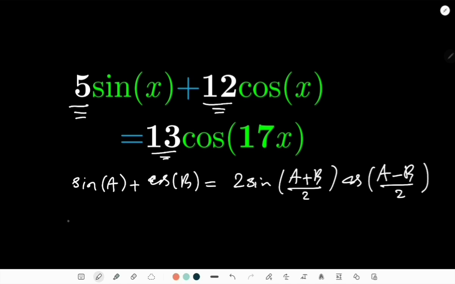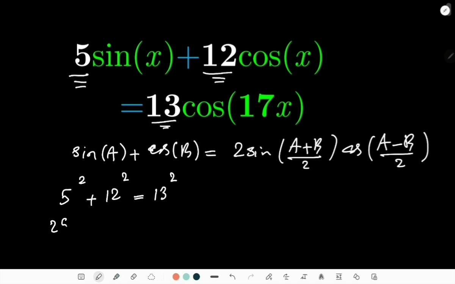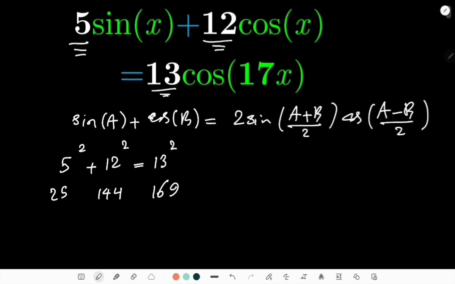And if you pay attention to them, you find out that actually there is this relationship between these numbers, that 5 to the power of 2 plus 12 to the power of 2 is equal to 13 to the power of 2, because this is 25, this is 144, and this is 169. Feel free to verify that. And well, that's very good news, because now I can multiply both sides of this equation by 13, and then